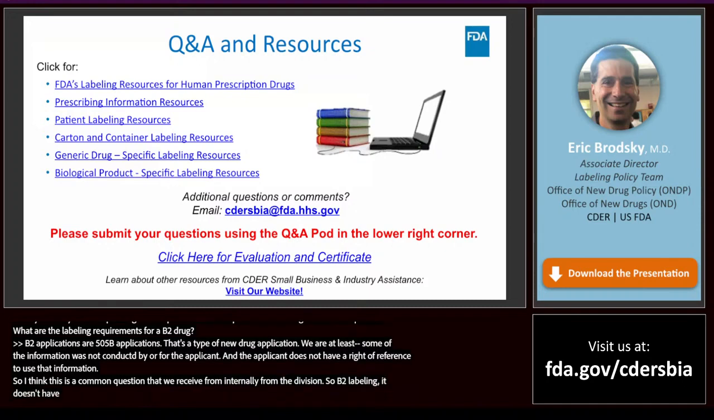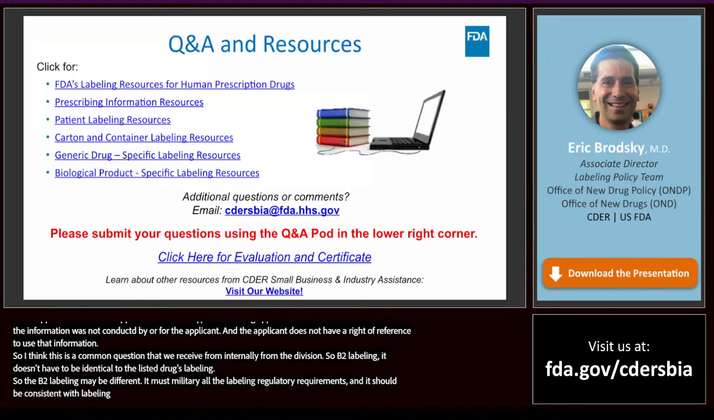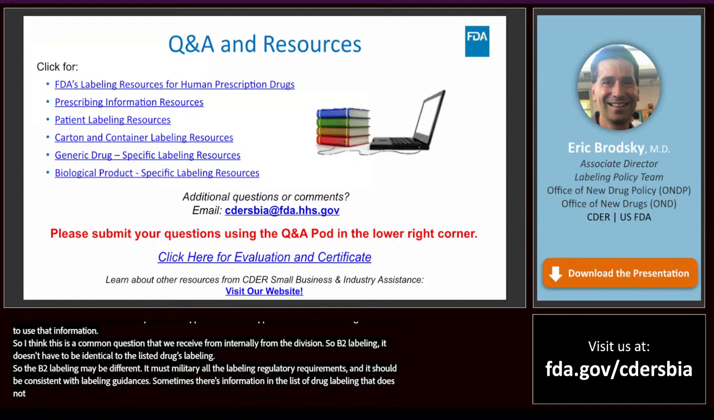identical to the listed drug's labeling. So the B2 labeling may be different. It must meet all the labeling regulatory requirements, and it should be consistent with labeling guidances. Sometimes there's information in the listed drug labeling that does not or should not appear in the B2 labeling. So, for example, if the listed drug has two dosage forms, let's say one tablets and one an oral solution